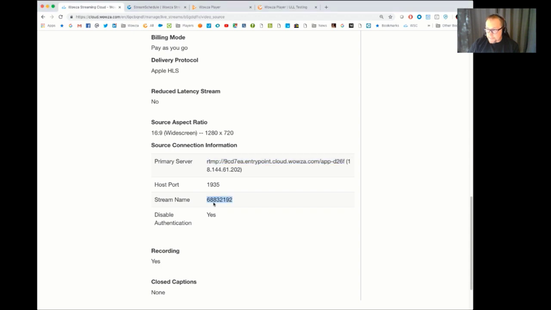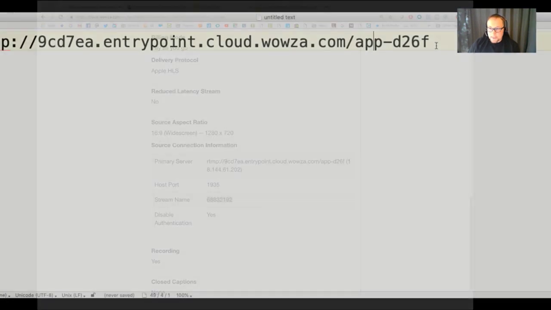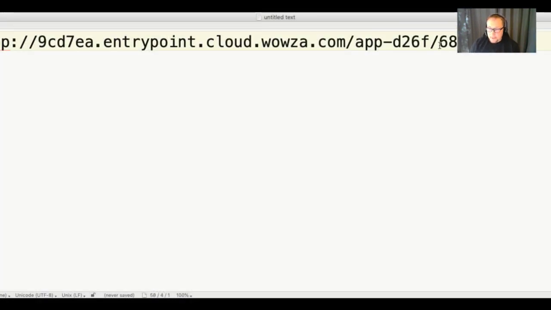I'm going to grab that. In this case, it's 688.32192. So I copied that. I'll go back over to my text editor, add a slash. So you saw me add the slash and the stream name. That is all the DJI app needs in order to publish the stream. So I'm going to take that entire URL, I'm going to copy it,